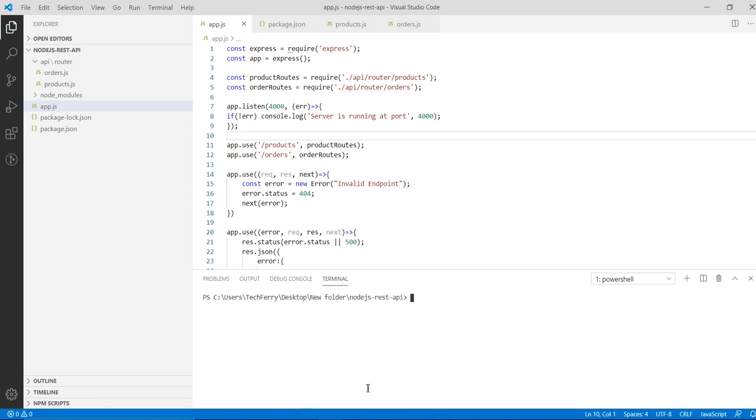The next step we are going to talk about is adding some logging into our application. How will we add the logging? To do that, I will use the Morgan node module. So let me first download it with npm install --save morgan.